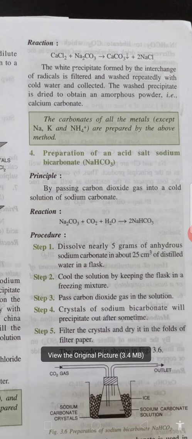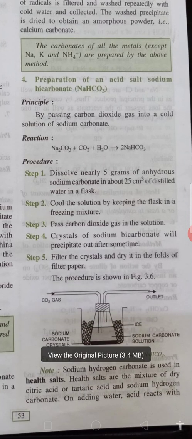So the procedure is, children, we dissolve nearly 5 grams of anhydrous sodium carbonate in about 25 cm³ of distilled water in a flask. Cool the solution by keeping the flask in a freezing mixture. Pass carbon dioxide gas into the solution. Crystals of sodium bicarbonate will be precipitated out after some time. Filter the crystals, dry them in folds of filter paper, and we prepare it. So children, you can see the diagram given over here, and this reaction takes place and you get crystals of